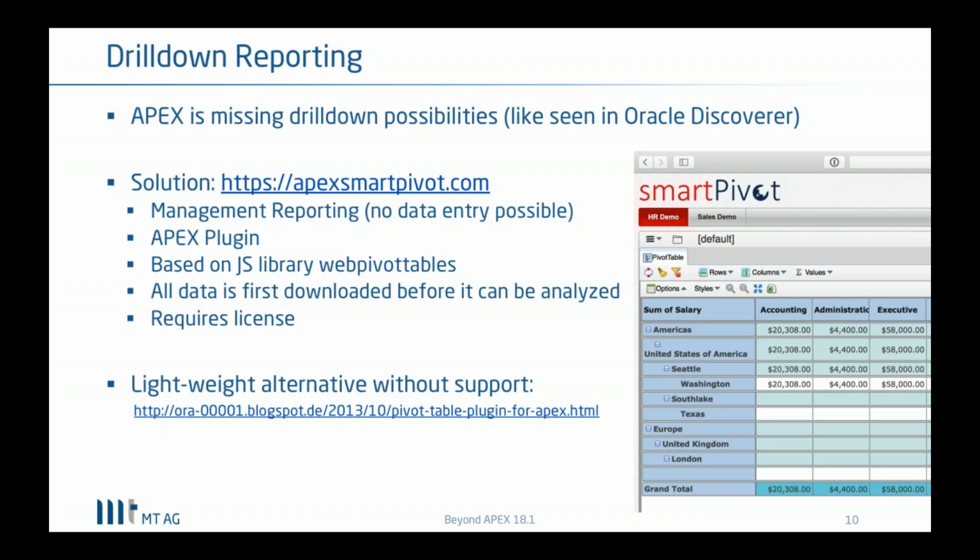As you can see on the screenshot, you would like to drill down from America to the country, the region, the city, maybe even to get some numbers out of there from your business. If you're looking at a cost-free alternative, because Apex Smart Pivot costs you a little bit of money, Martin Bratton has also posted a way to do that on his blog. But of course, you have to do it all yourself, so it will take you some time to get all the things done and to get acquainted with that.